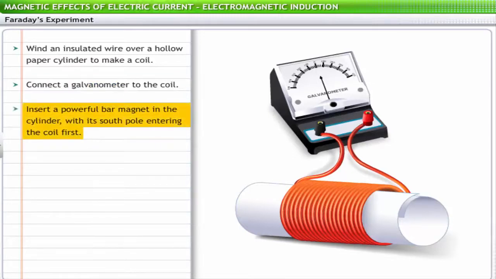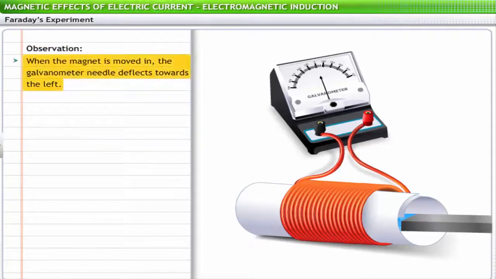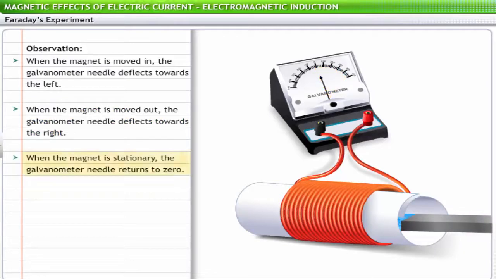Finally, we insert a powerful bar magnet in the cylinder with its south pole entering the coil first. We observe that when the magnet is moved in, the galvanometer needle deflects towards the left. When the magnet is moved out of the coil, the galvanometer needle deflects towards the right. If the magnet is not moved inside or outside the coil, meaning the magnet is stationary, the needle immediately returns